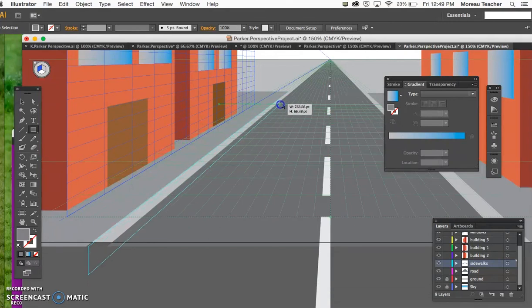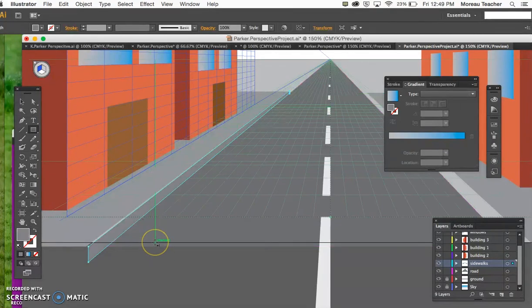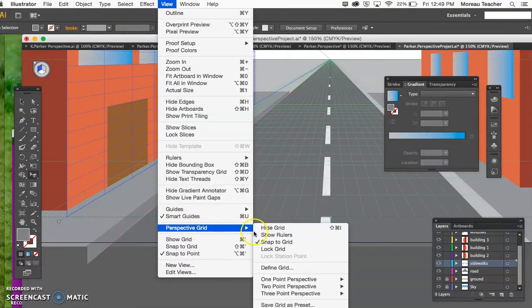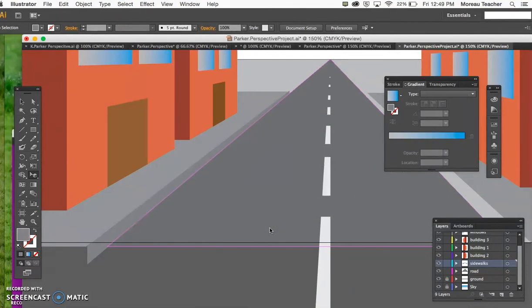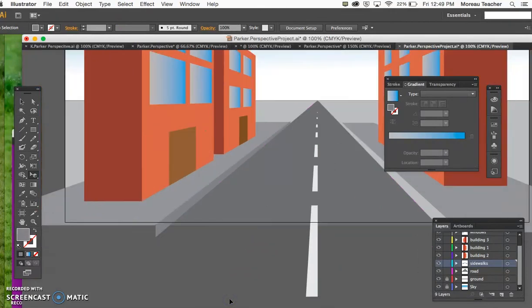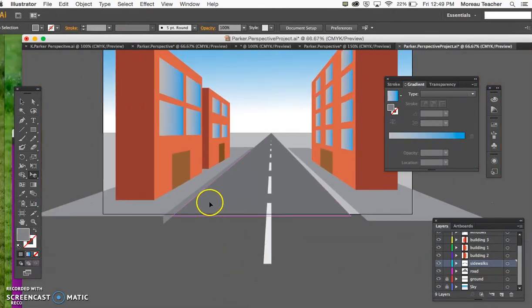And I fill in that gap in between the road and the sidewalk. Grab my perspective selection tool. Fill it in and resize. Okay, so that would be one. Gives you an idea of what to expect when I hide the grid. This is what it would look like. So now you have a road, sidewalk,